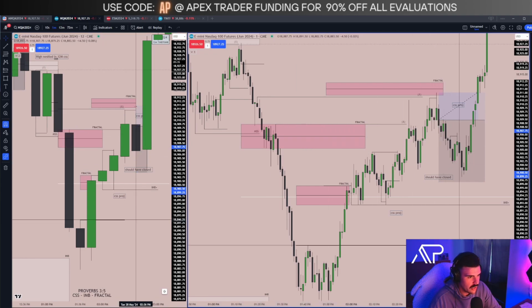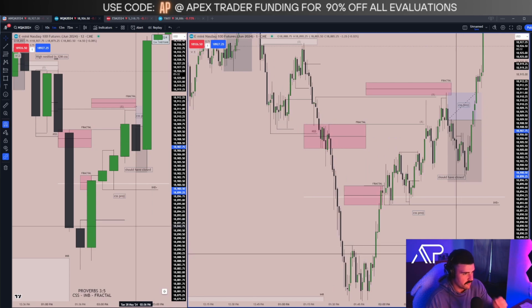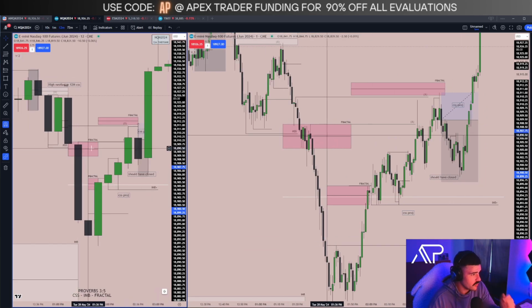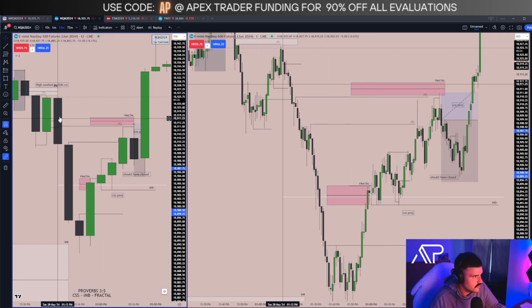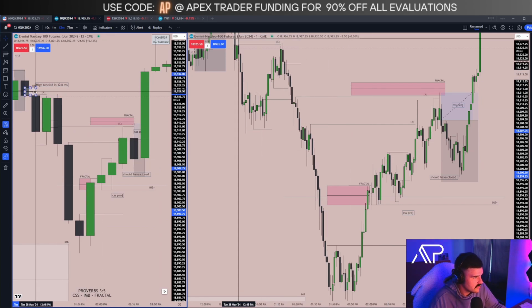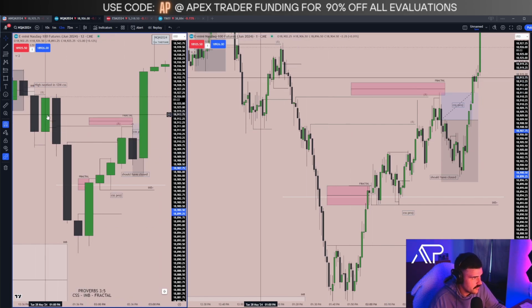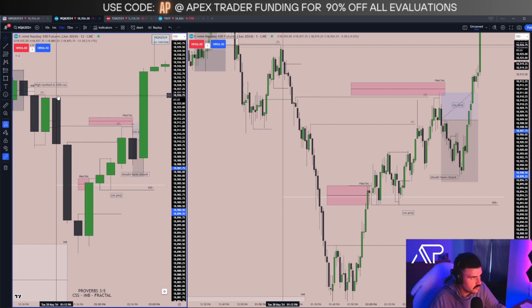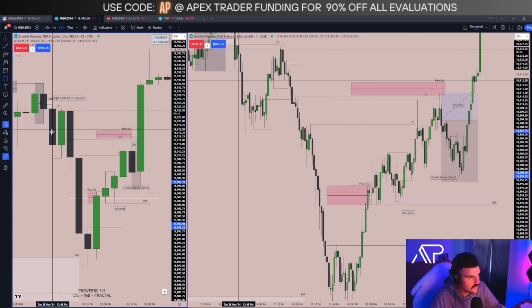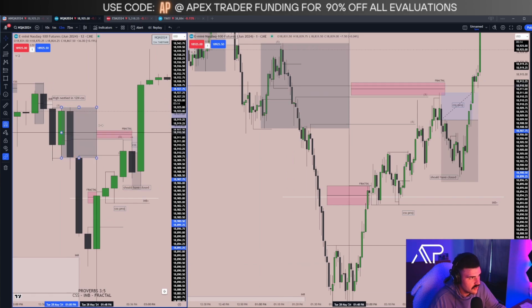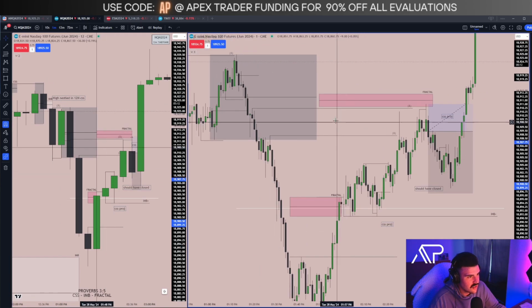But there's something important I want to note about this, and I think it would be pretty beneficial. Let me delete this real quick too, because this will clear this up. Let me drag this over. We have this sequence right up here on the 12-minute. You can see this green bar. This black bar puts in a new high. What can we classify this as? 12-minute CSS, right? We can understand that price is going to be gravitated